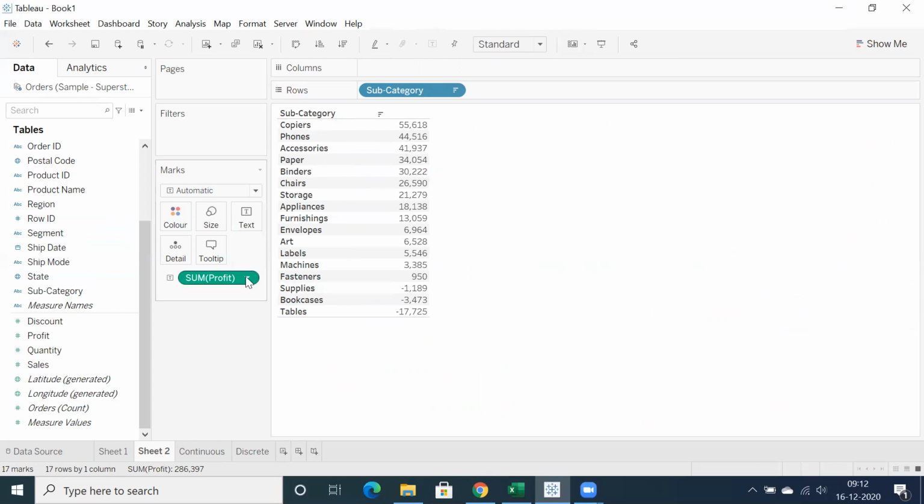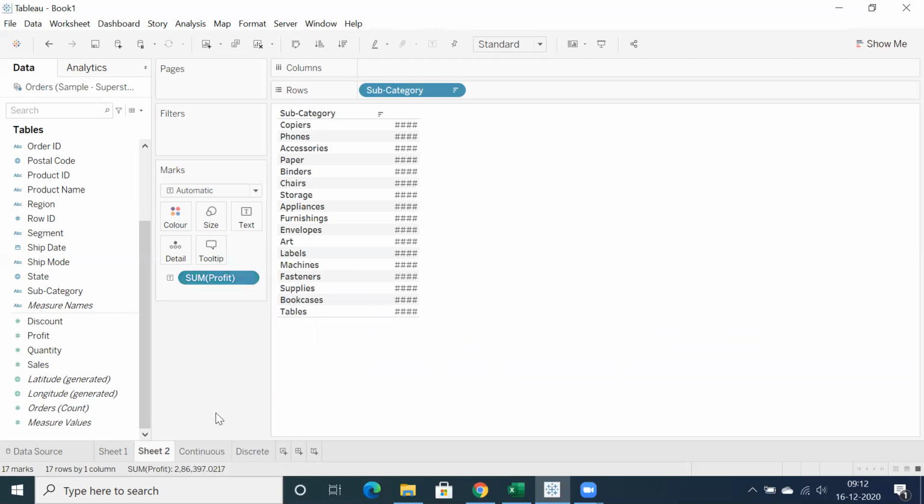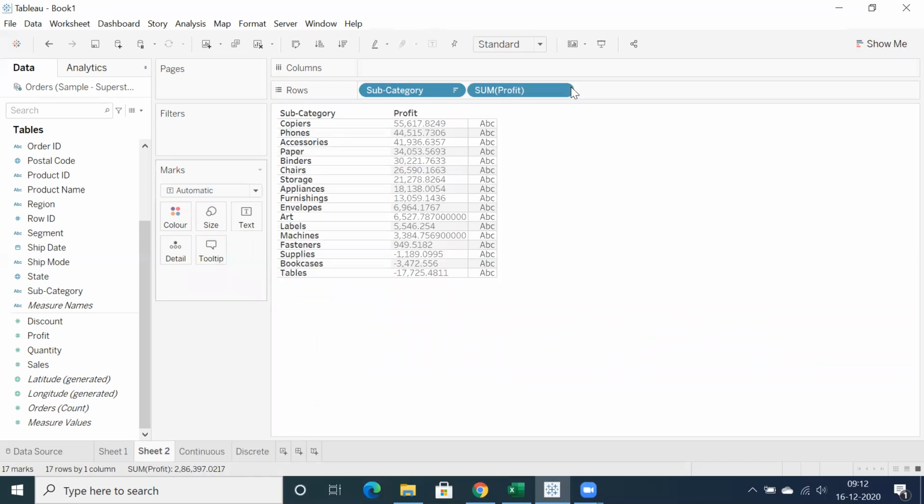But what exactly I'm showing is that we are converting a measure into discrete. Just concentrate please. Measure into discrete. So when you convert this sum of profit into discrete, drag and drop into rows. Basically, whenever you drop profit and convert it into discrete, you are going to get proper data.